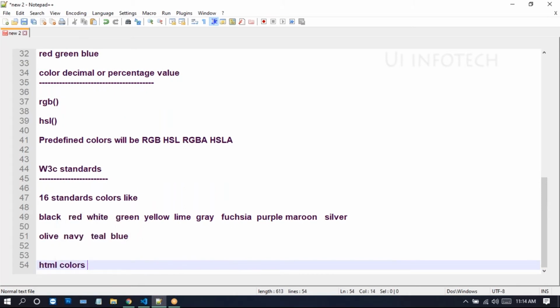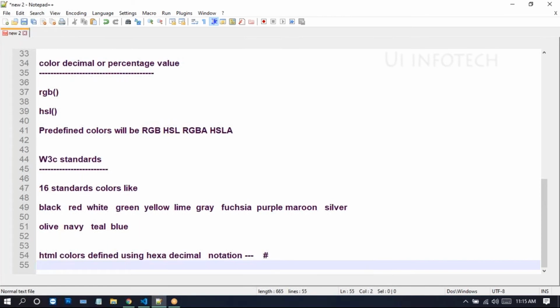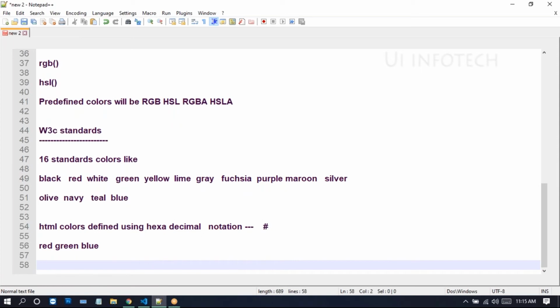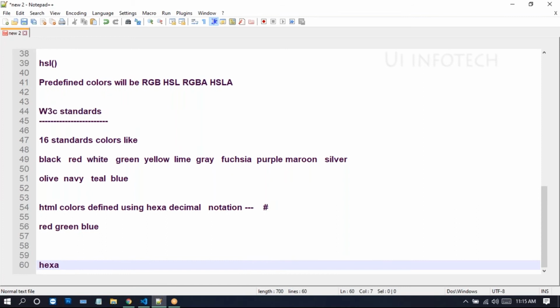For these hexadecimal notations, HTML colors are defined using hexadecimal notations, meaning symbols. We use the hash symbol to write this HTML code, with a combination of red, green, blue here.